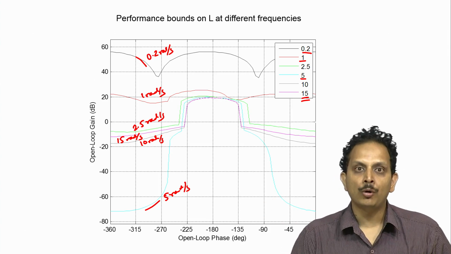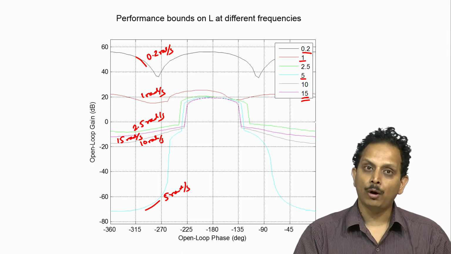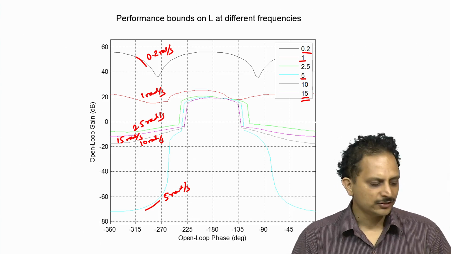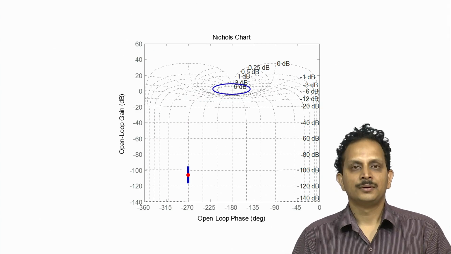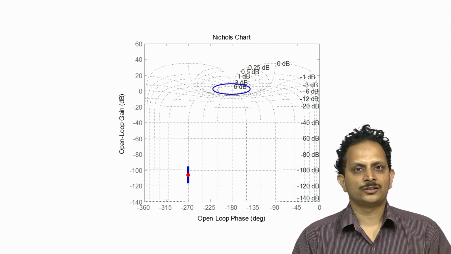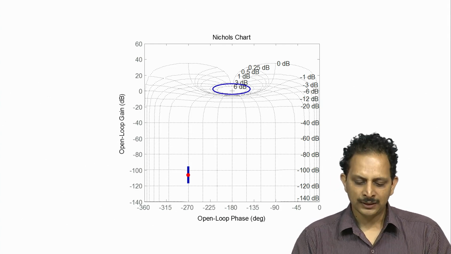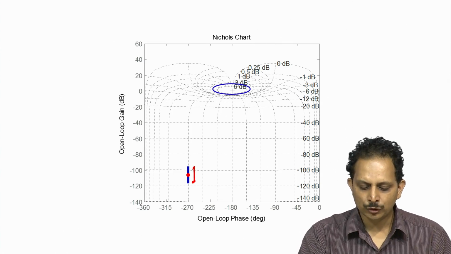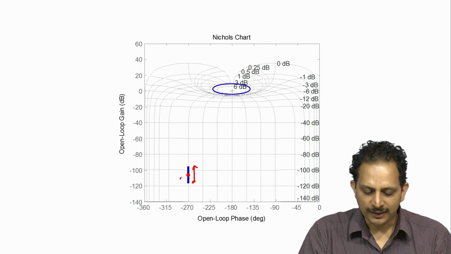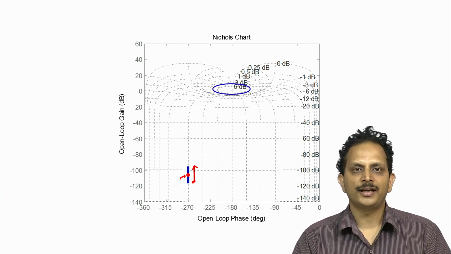So we need to take a few more frequencies, compute the plant template at those frequencies and simply plot the stability bounds at those higher frequencies. So in this case I have taken 50 radians per second as one of those frequencies, and as we discussed two clips back, at frequencies that are sufficiently high, the plant template essentially reduces to a straight line in its appearance. And the red dot here indicates the nominal value of the plant transfer function at 50 radians per second.